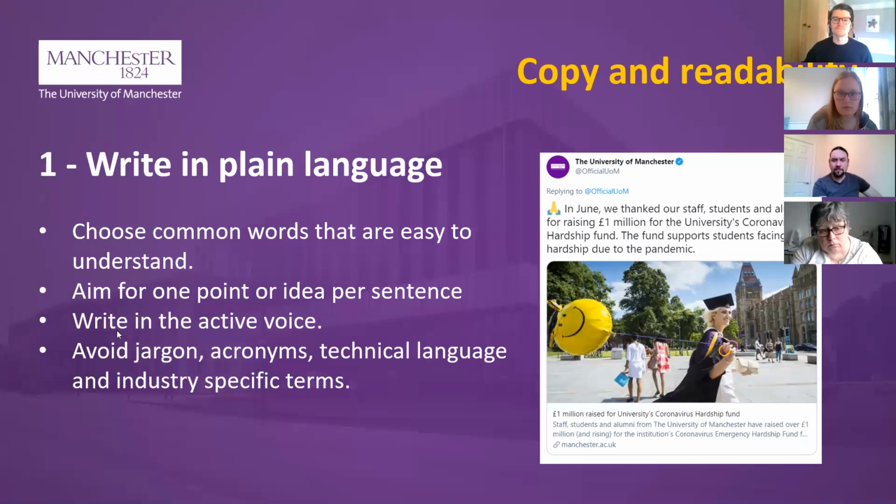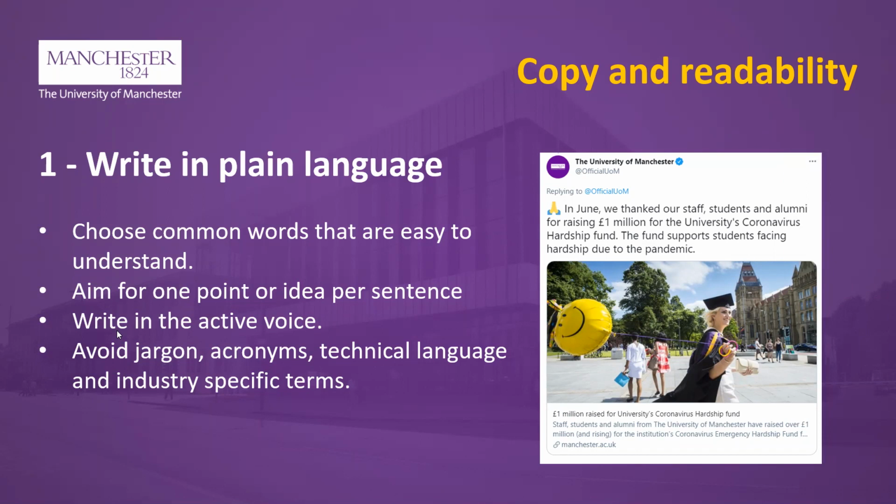So what can we do to make our social media accessible? I'm going to share 10 tips. Tip 1 is to write in plain language. By that we mean writing that's clear, concise, easy to understand for your intended user. It helps make the information more accessible to people who may have disabilities affecting reading, comprehension, cognitive functions. And while it's not an exact science, some of the general principles are choosing common words that are easy to understand,